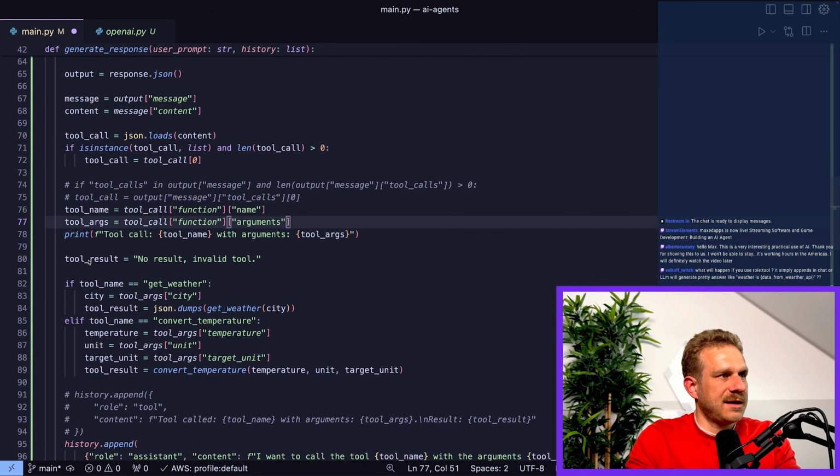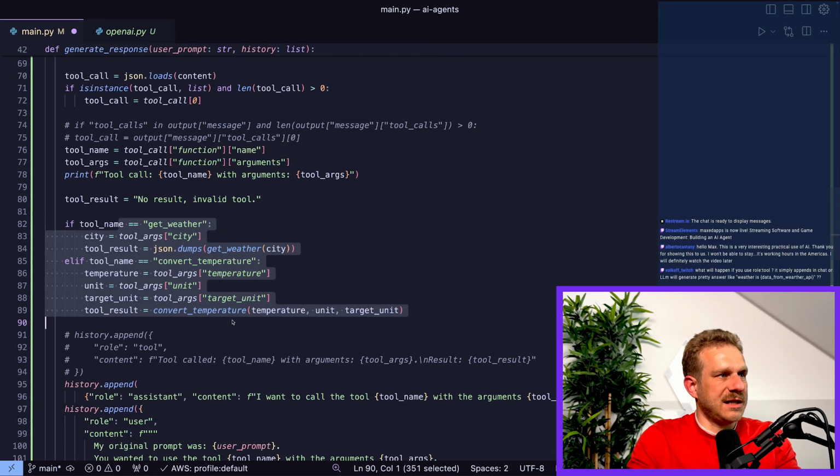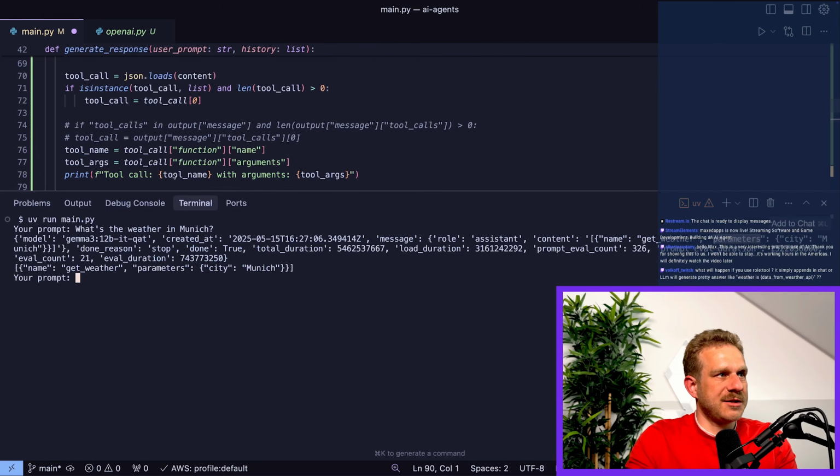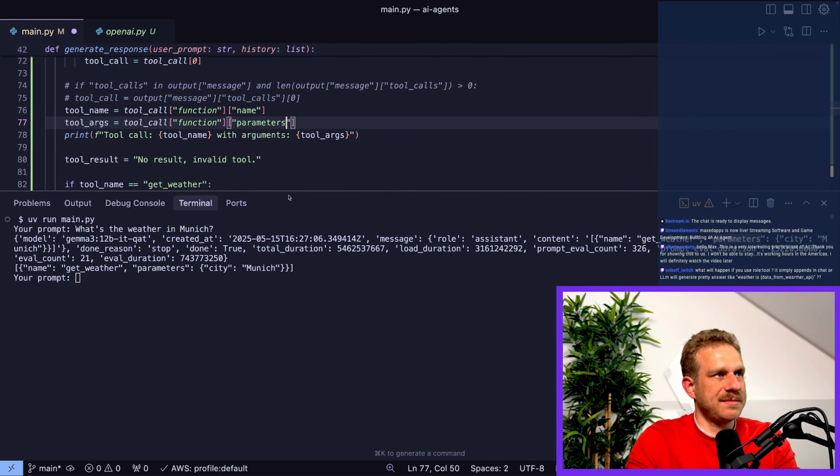Print this. And then still check which tool should be called. And it's not arguments, it's parameters. And it's not inside of a function. Instead, now it's inside of, well, actually, I should,